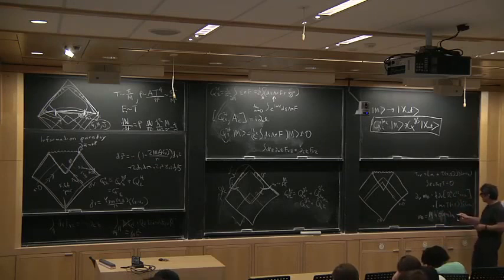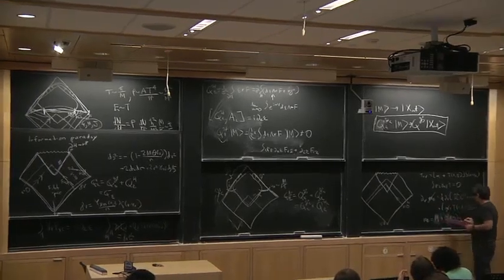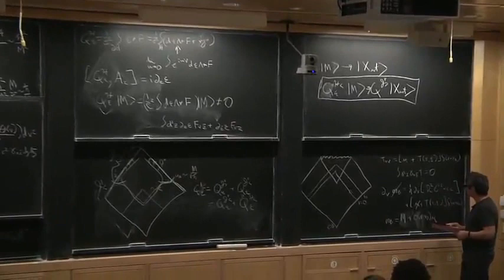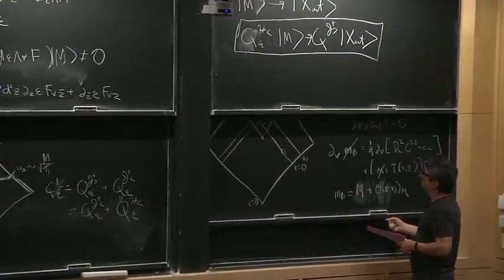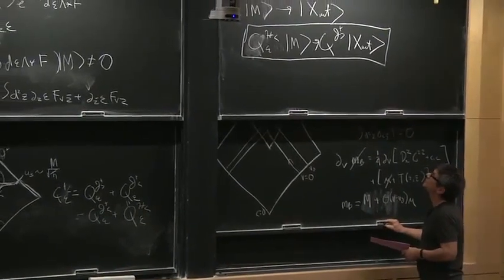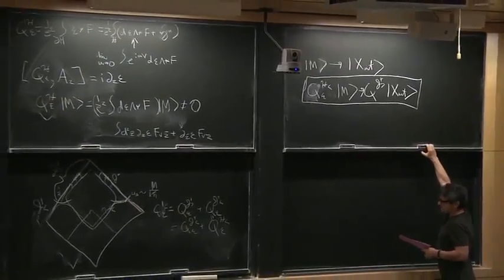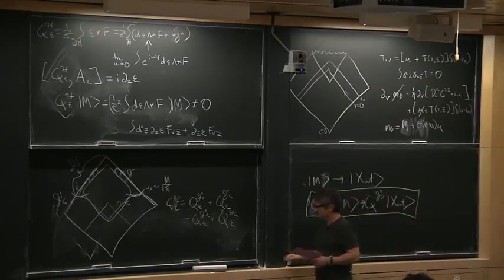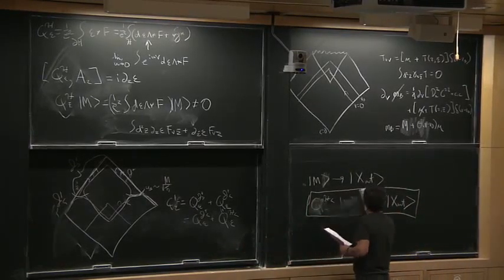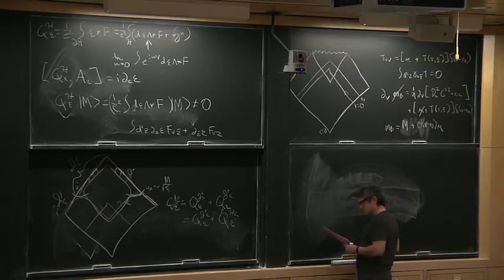And so then, when I take dv, this turns into a delta function. This cancels this, and I need to solve